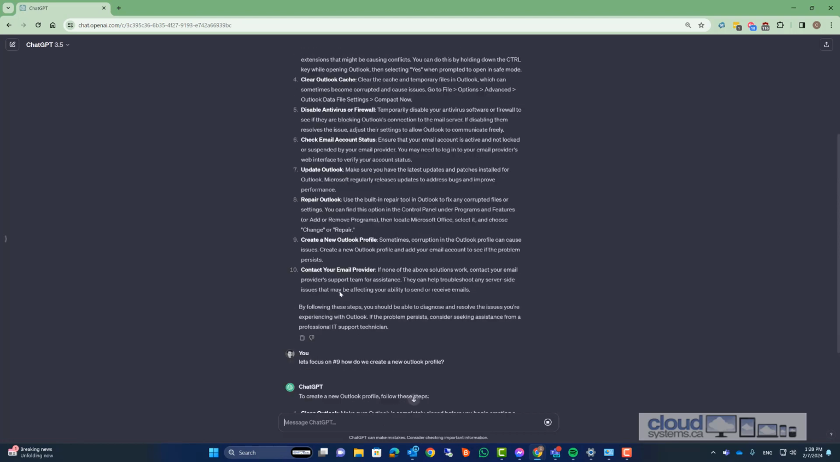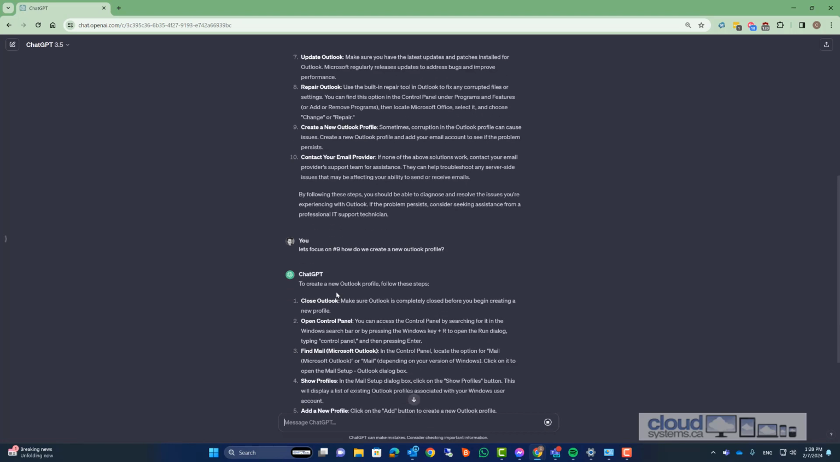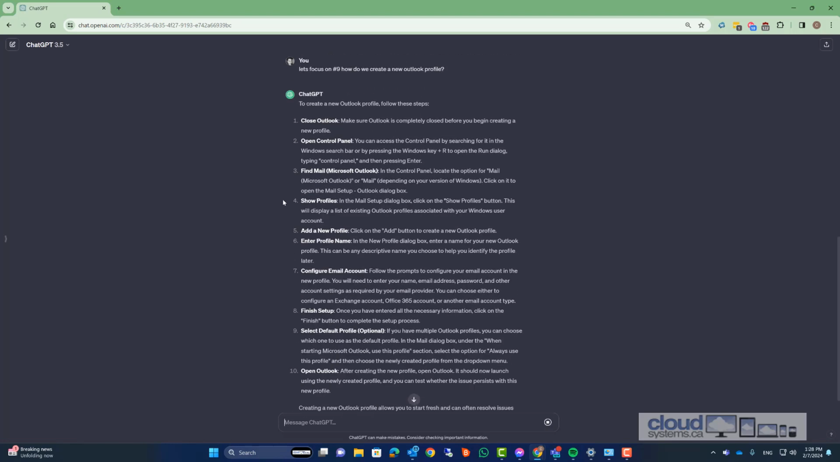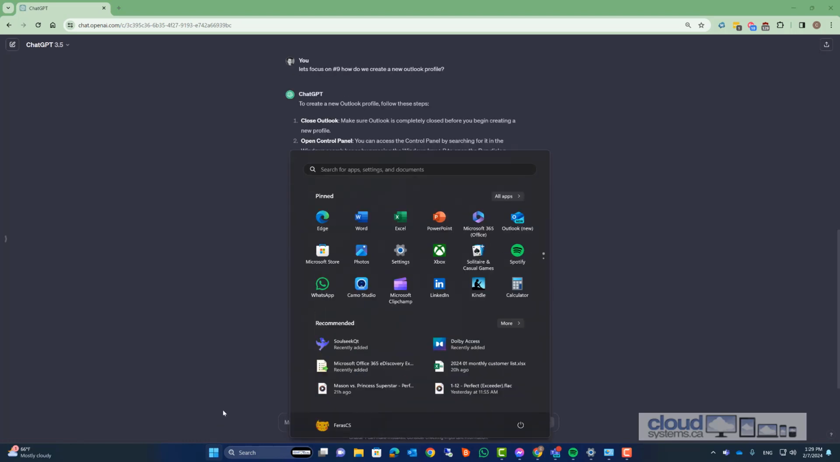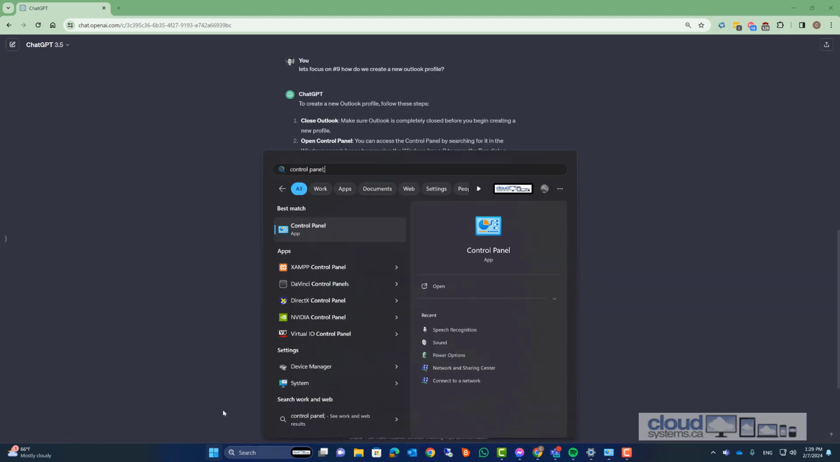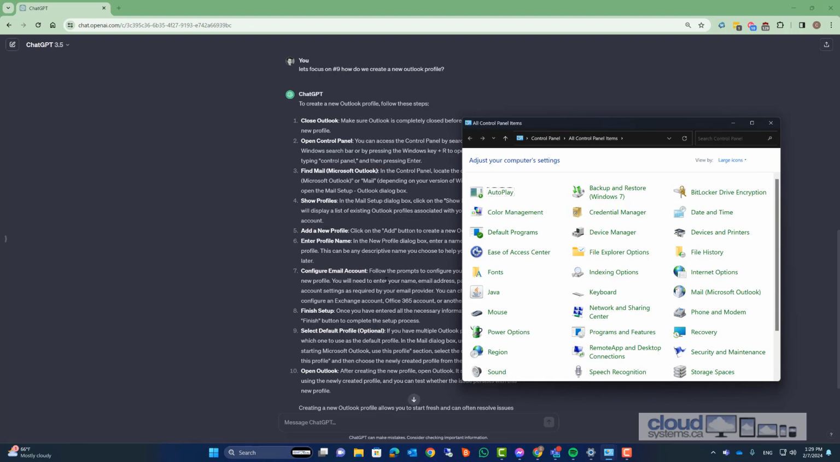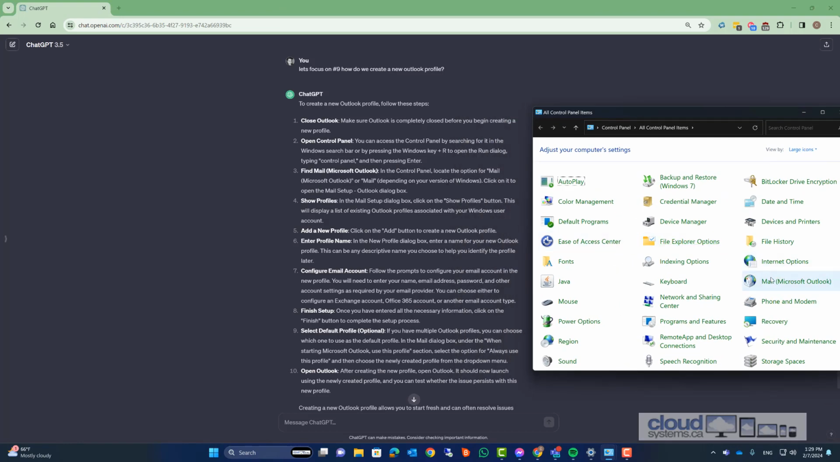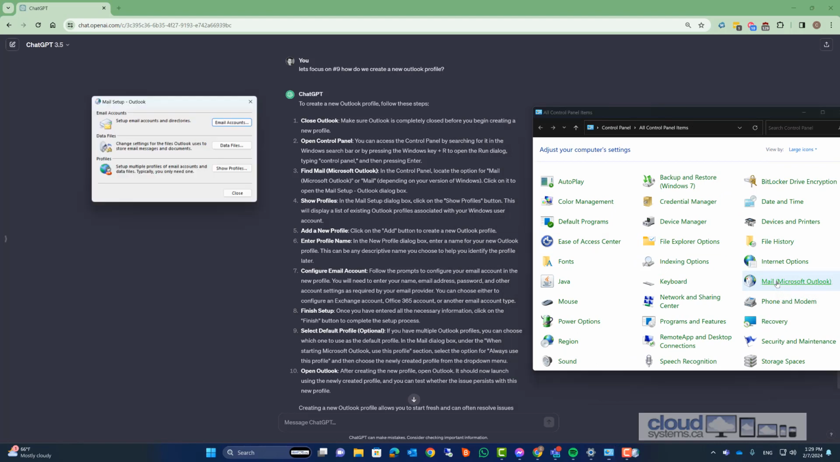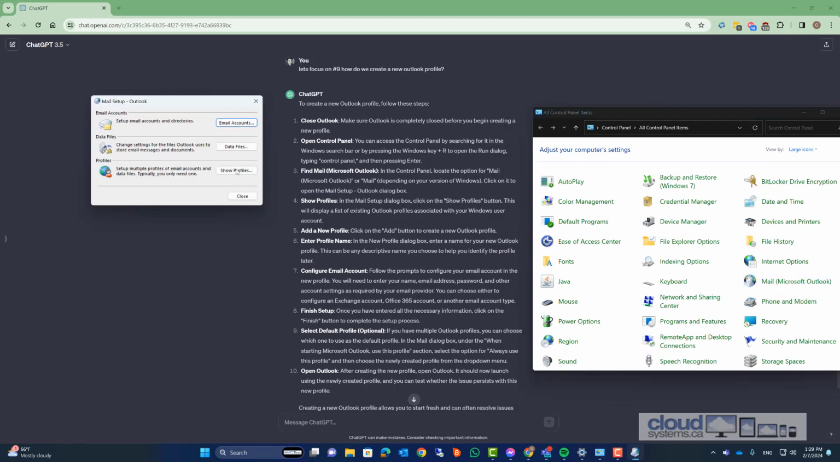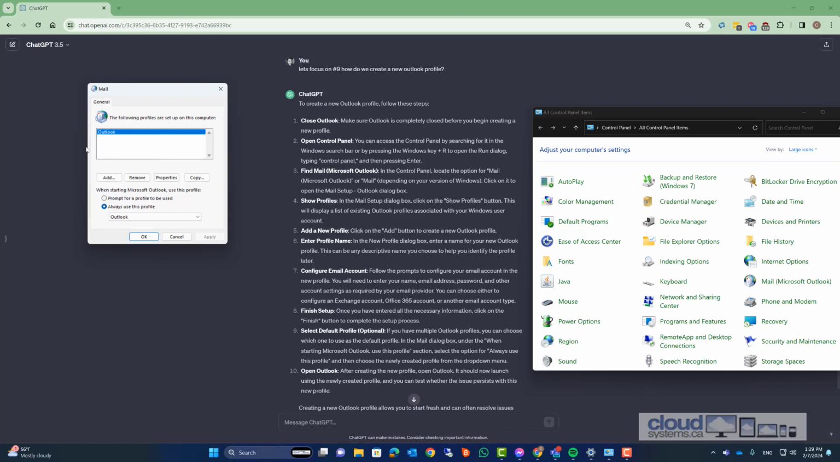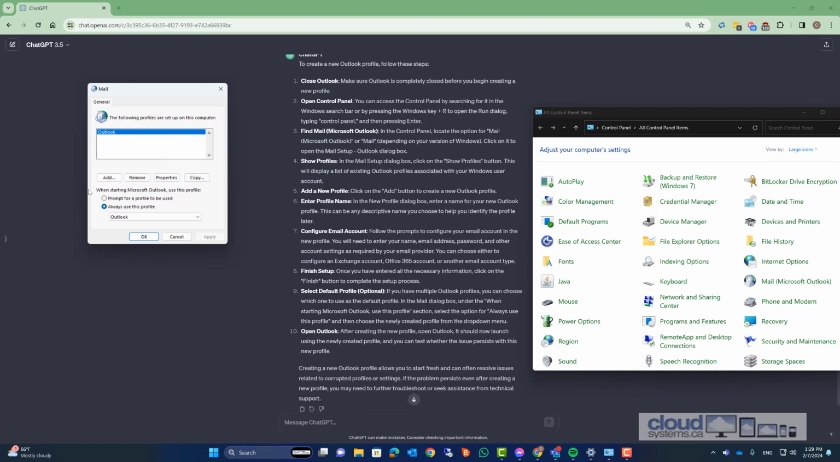So for example, it asks you to close Outlook first. We'll go ahead and do that. Open the control panel by searching for it in the Windows search bar. So we'll look up the control panel. Find Mail, Microsoft Outlook, locate the Mail option, which is right there. And here it gives you very accurate steps. So show profiles, add a new profile,